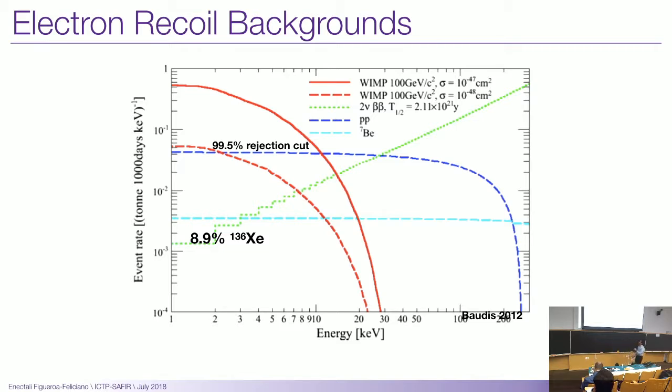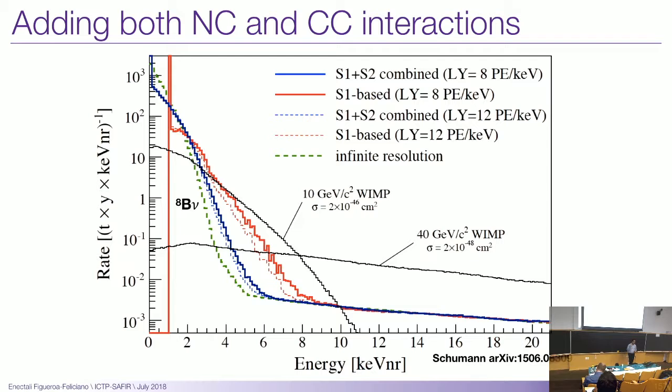And so if you can reject 99.5% of all electron recoils, this line is what's left over. So you can see that if you weren't able to reject electron recoils, this line would be 100 times bigger, right? And so you'd be in really deep trouble in that case. But here, you still have to worry about it. All right, so you can add all of these contributions. This is a paper, not by me, that adds both the contributions from coherent scattering and electron scattering, and basically gives you an overall background from neutrinos that you'll see in these